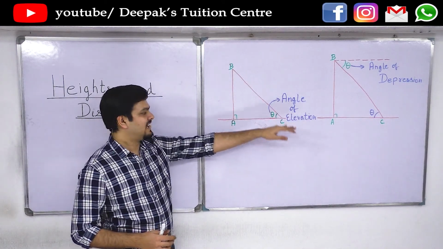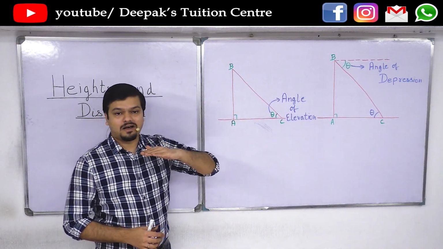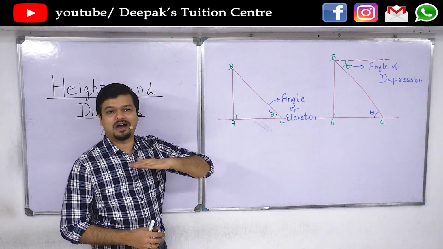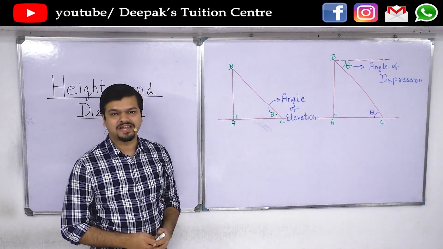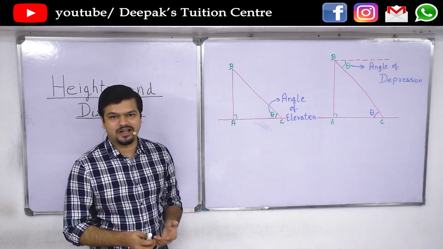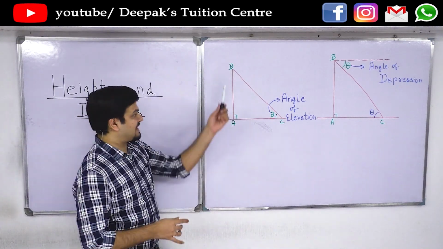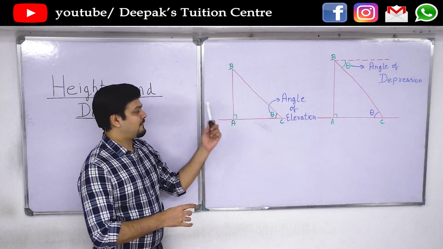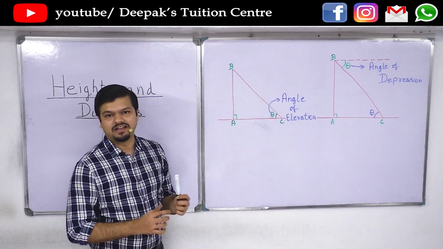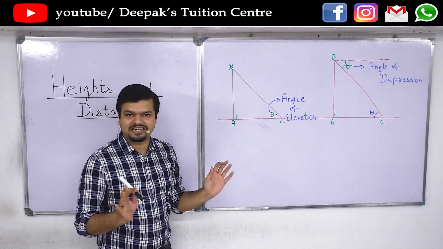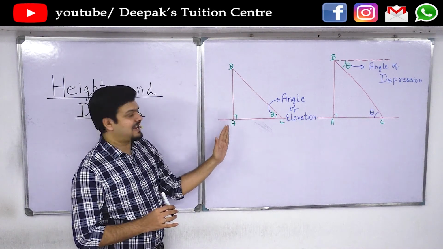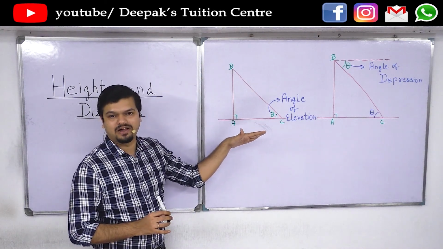Before going into that, we should understand that the ground level will always be a horizontal line in your diagram, and any structure that is standing on it, be it a tower, a pole, a building, whatever, will be represented by a single straight line which is perpendicular to the ground level. We do not have any leaning tower of Pisas here. We'll always have a line which is perpendicular to the ground level.